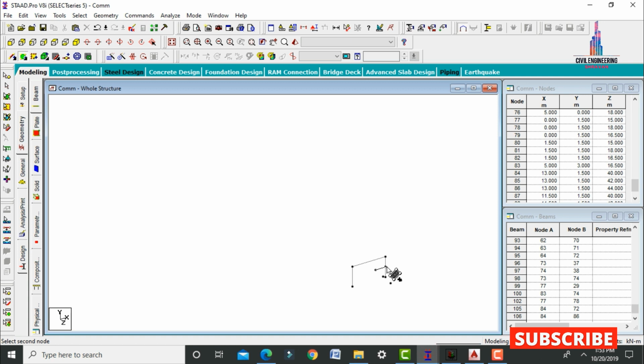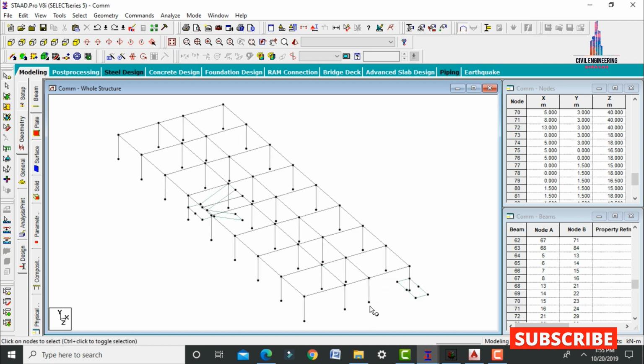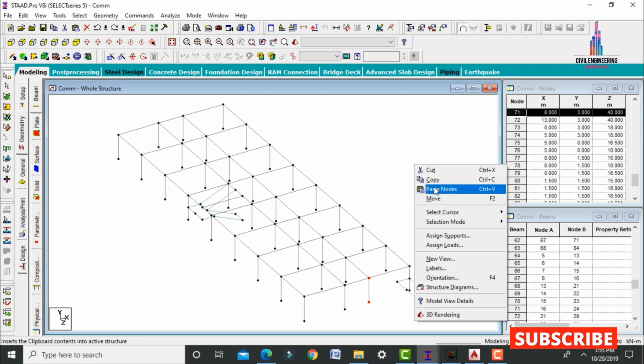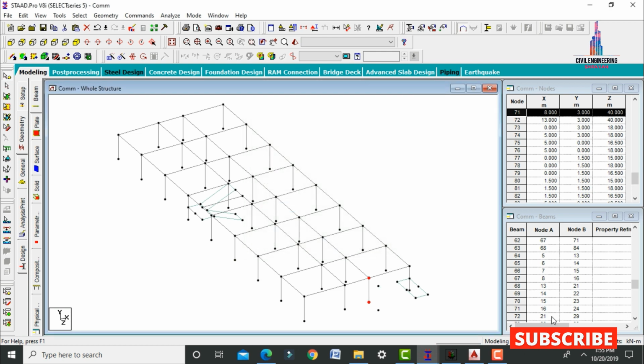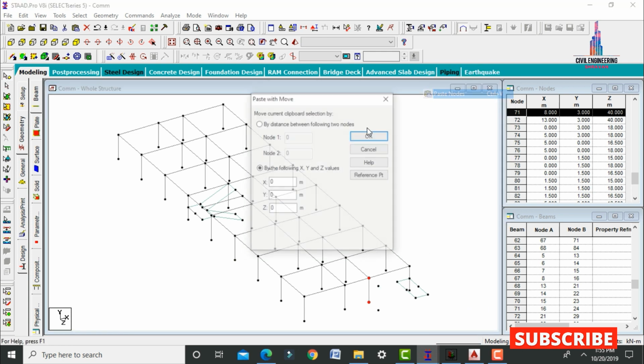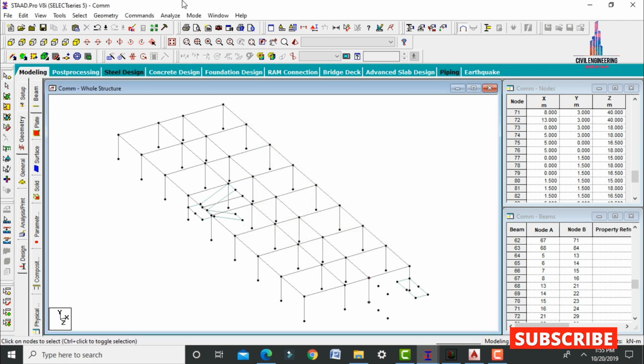Now we have to connect these respective node points with the help of slab. Select add slab section, first point, second point, third point, fourth point. So after that click on house structure command. So click on house structure, select node cursor, select these respective nodes at the bottom as well as top. Click on copy, click on paste nodes at a z direction distance of 2 meter. Again I will take the paste nodes at a z direction distance of 4 meter. Click on OK.